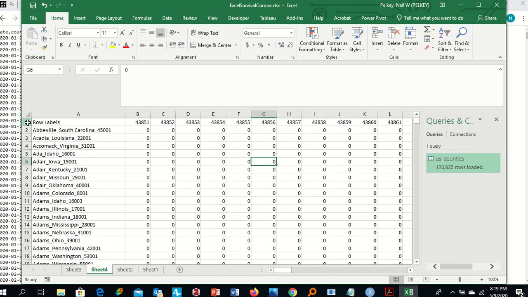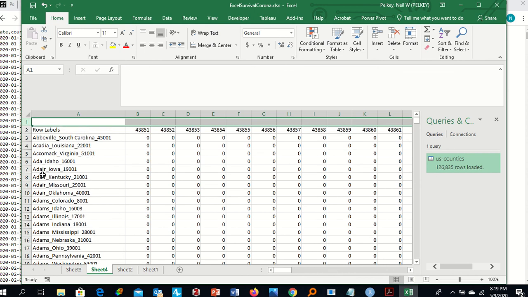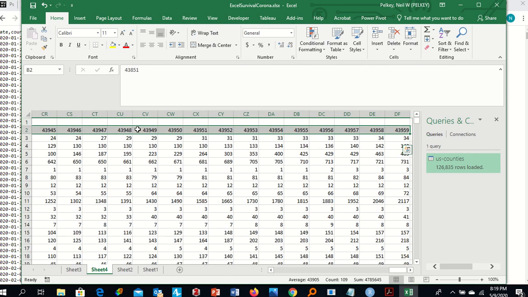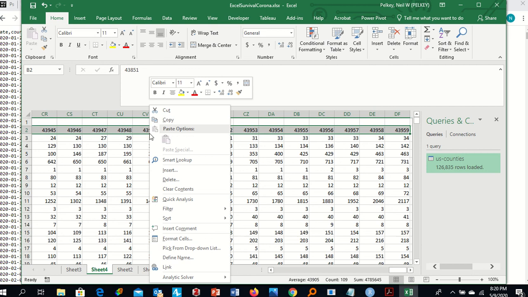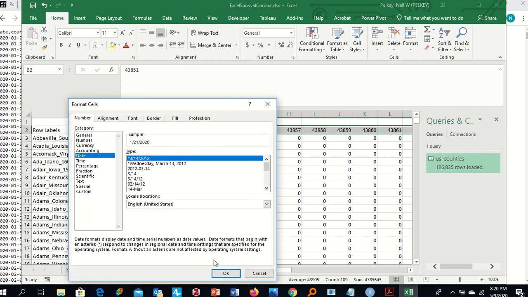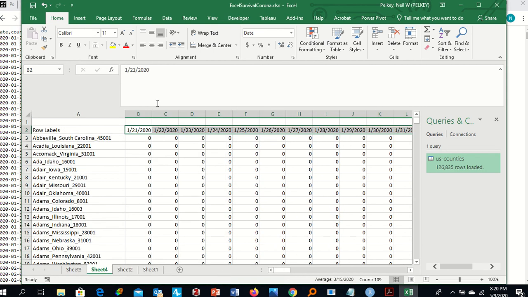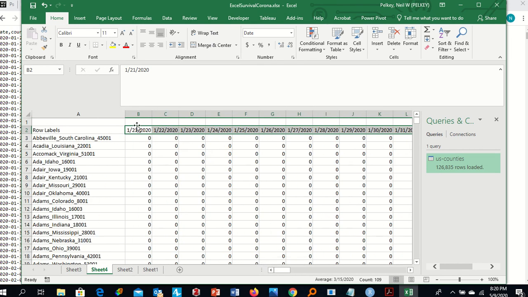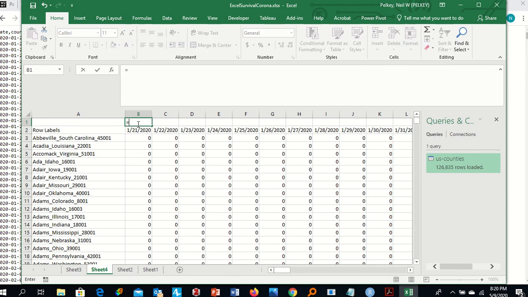The second step we're going to do now, we're going to insert a row up above. I'm going to select all of those. I'm going to right click, format the cells, and make them a date. Okay, and we're good to go, but as we have in the past, we're going to make sure those stay as a date and don't get turned into something else by doing